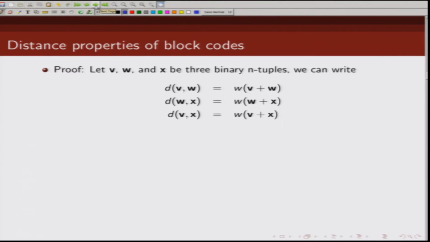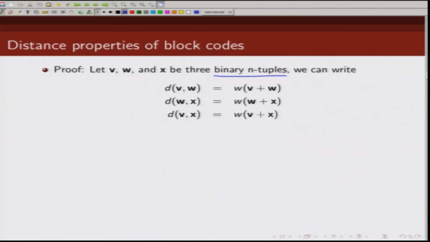So, let us first try to prove this triangle inequality. Let V, W and X be 3 binary n tuples. The Hamming distance between V and W can be defined as the Hamming weight of V plus W. Note that we are talking about binary n tuples, right? And what is Hamming distance? Hamming distance is the number of positions in which V and W are differing, and since we are talking about binary